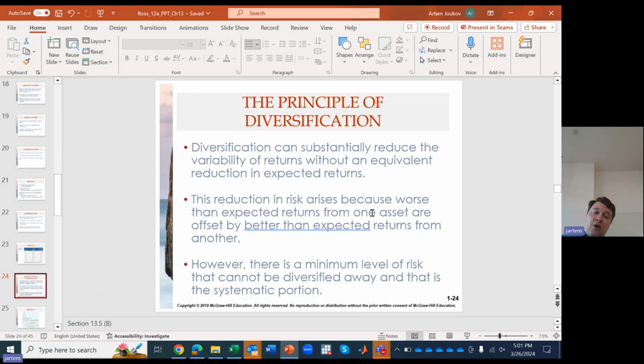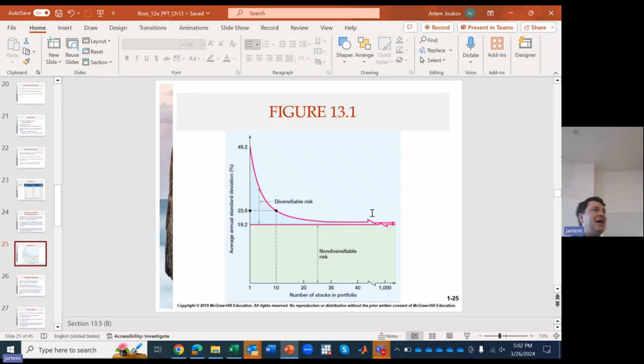But recall that one of the things it does is you also diversify your positive returns. You don't get as much on the bets that came out positive. So here's just another way to look at these charts. You can see that you basically can't get below 19.2. And so the idea is that no matter how much you diversify, that risk is systematic. You can't diversify it away. On the other hand, this sliver right here, the light blue, that's diversifiable risk. You can get rid of that risk as long as you spread your portfolio across those sectors.